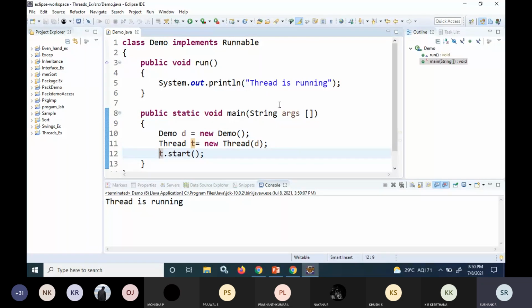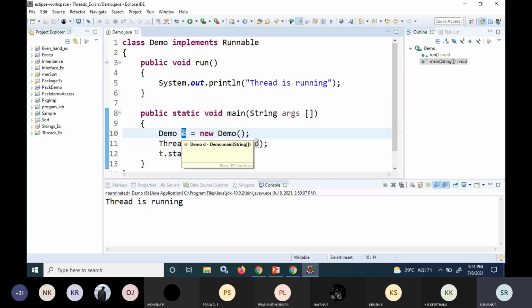Since we are not extending the Thread class, the object D will not be treated as a thread object.